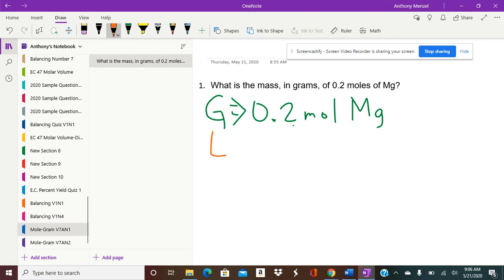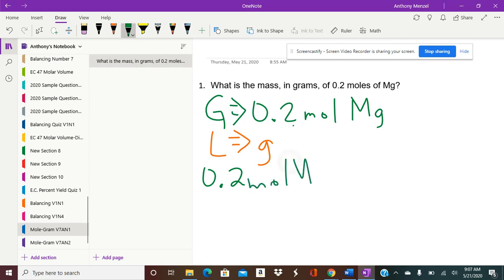So what are we looking for? What is the mass in grams? So we're looking for grams. Now, if we go to our periodic table, well, the first step we would do is to actually write down what we're given. So we're given 0.2 moles